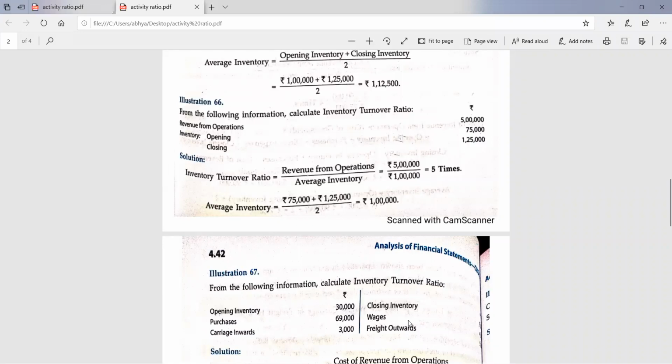Wages 4,500. Freight outwards 5,000. Find out the answer fast. Both the inventories are given. So first of all,